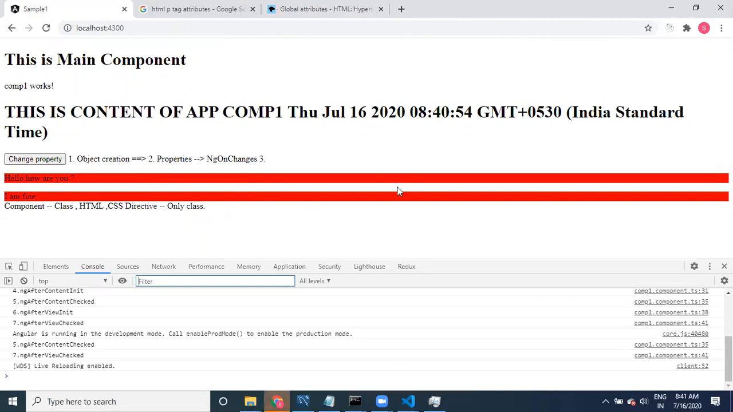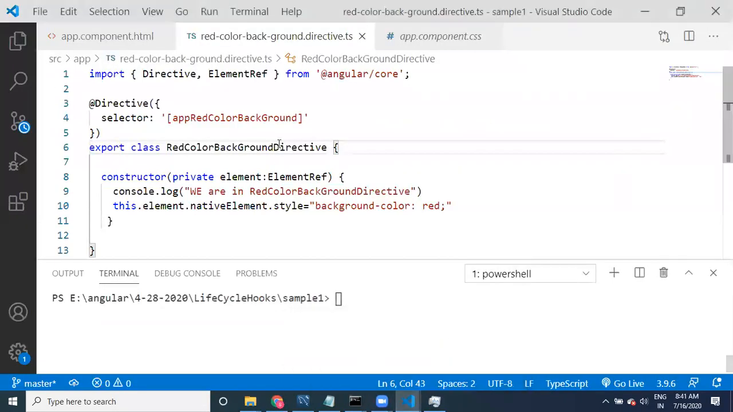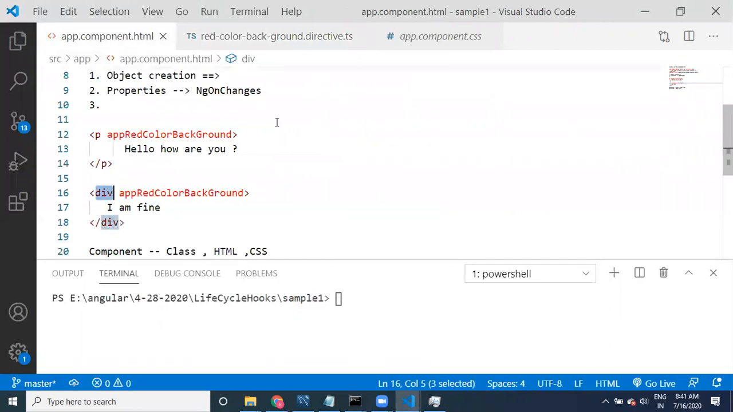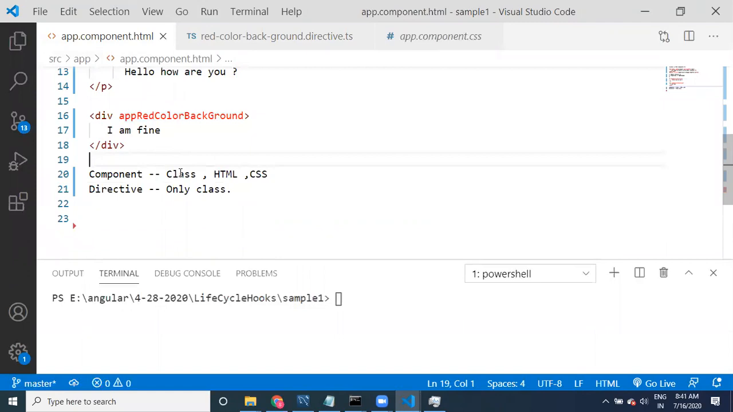Background color we have applied. So now you can apply this particular directive and reuse it. Of course, this is a very basic one, we don't use such kind of directives actually, but yeah, applying background color, you can take this directive and you can apply it to any tag,